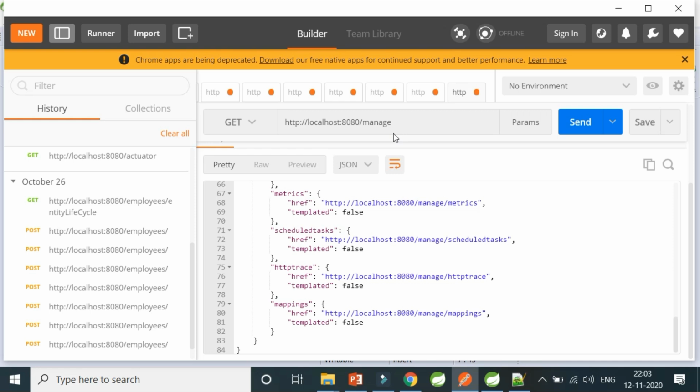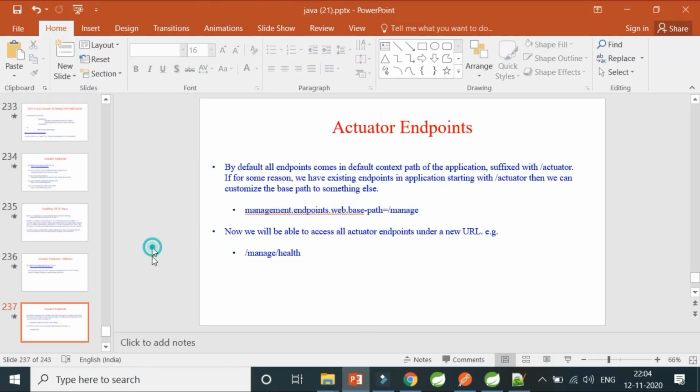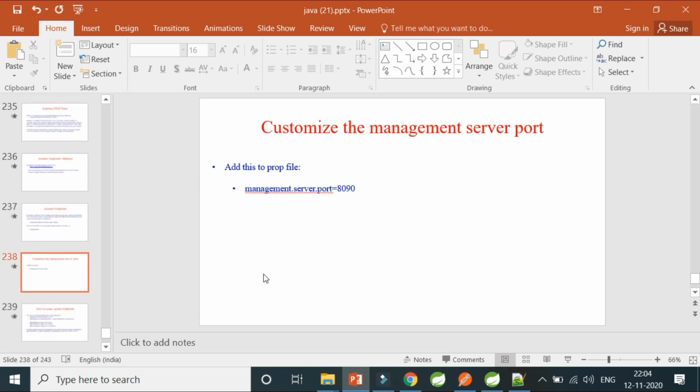So this is a very important tricky question that the interviewer will ask you, that if you're using actuator in your project for production-ready applications, then how can I make sure that the default /actuator prefix for the URLs that you are exposing as endpoints is changed? So you can always use a particular property in your property file where your management endpoints web base path is changed to whatever you give in your application file. So it is as simple as that. And now the new URLs will have /manage rather than /actuator. It will give you a 404 error, as I've already told you.